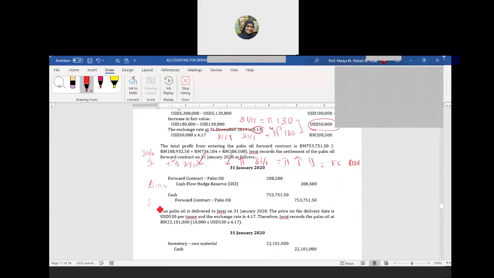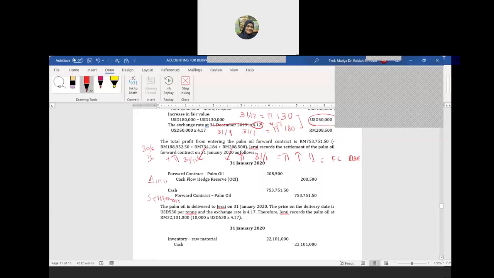Okay, this one is a record for the settlements. Debit cash and then credit forward contract of 753,751. Okay, and then during that date you bought the inventory. So the inventory that you bought is at the rate during that time. So the rate during that time is